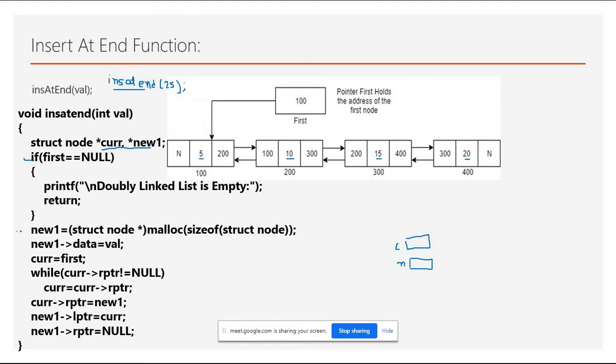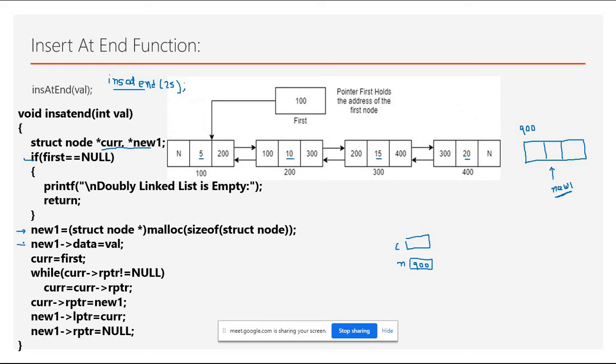So first what we are doing is, obviously we are just creating a new node. So let us suppose this is my new node, right? And the new node is created on suppose address 900. So obviously what will be there in your new one? Your new one is having 900. Okay, and we can say your new one pointer is pointing to this memory location, which is called 900, where we have actually created a structure for new node, right?